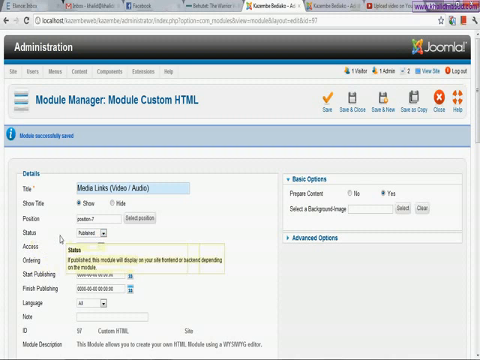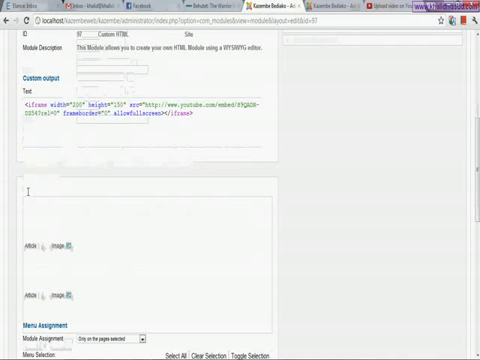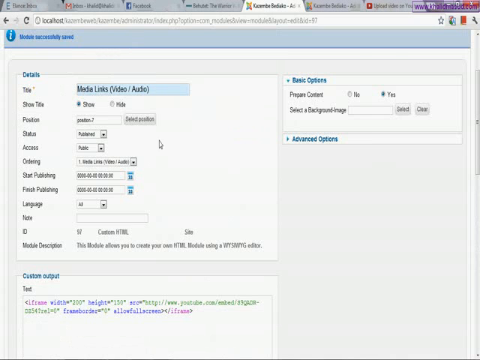The next thing is status, whether this thing should be published or not. And access means that everybody can see that space, or specific persons can see the space, like registered persons, publishers, or only the administrator. The next thing you should know is menu assignment, or module assignment, which decides on what pages this module should appear.